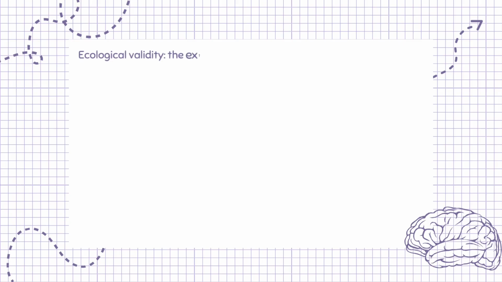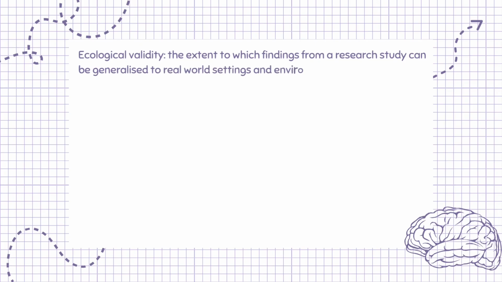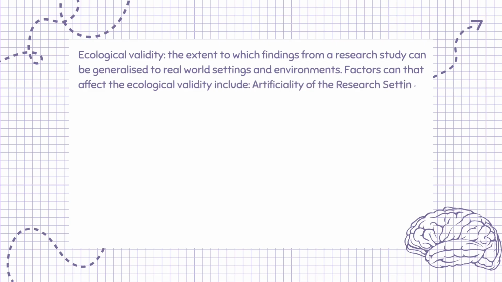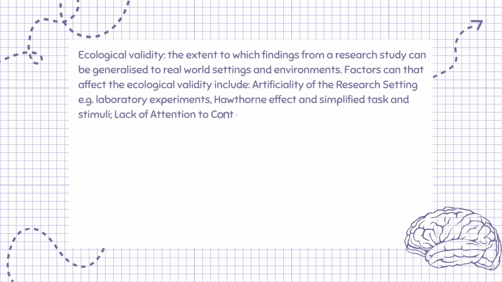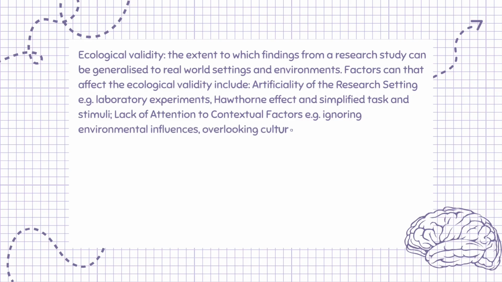Ecological validity. The extent to which findings from a research study can be generalized to real-world settings and environments. Factors that affect the ecological validity include artificiality of the research setting, e.g., laboratory experiments, Hawthorne effect and simplified task and stimuli, lack of attention to contextual factors, e.g., ignoring environmental influences, overlooking cultural differences, norms, values and beliefs, and